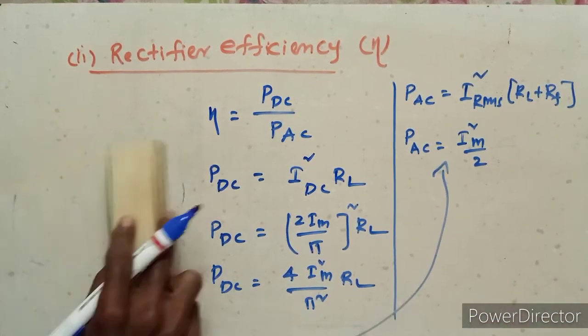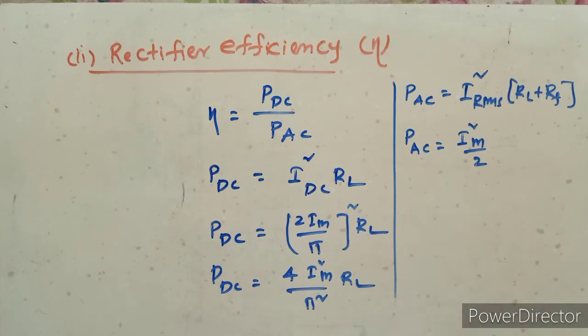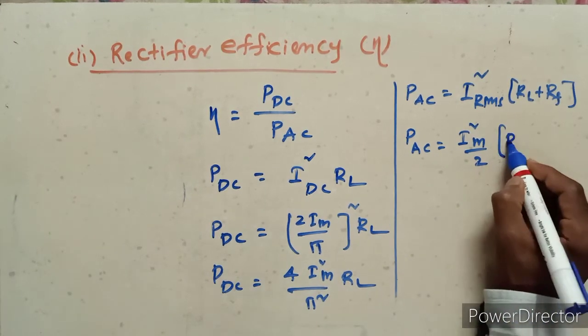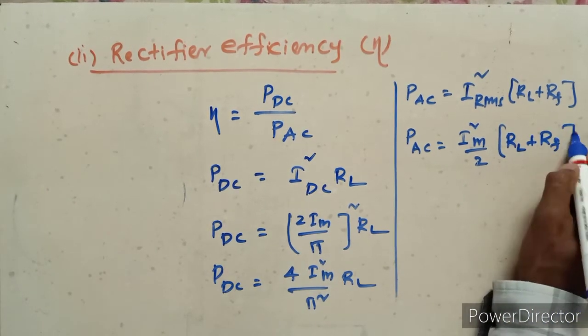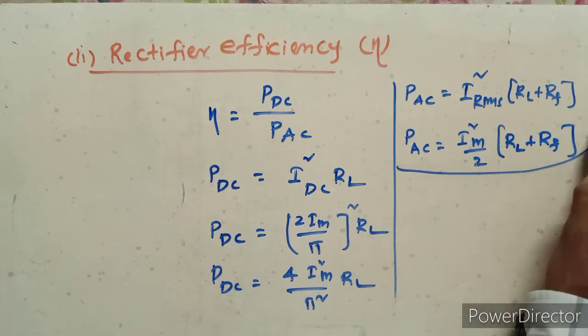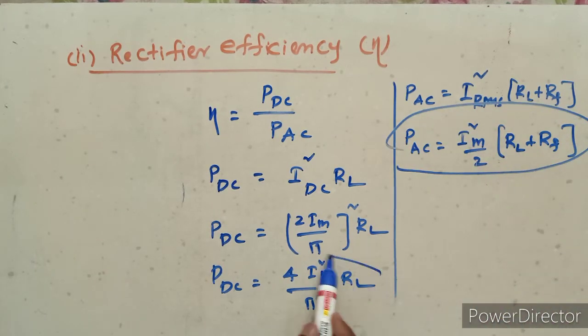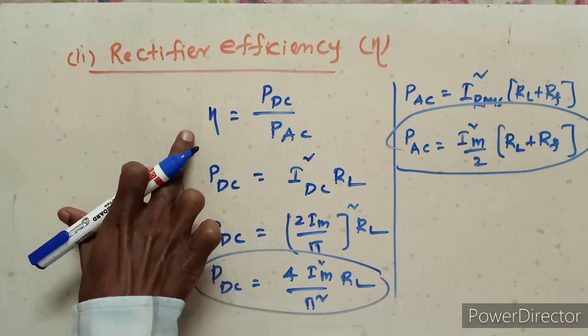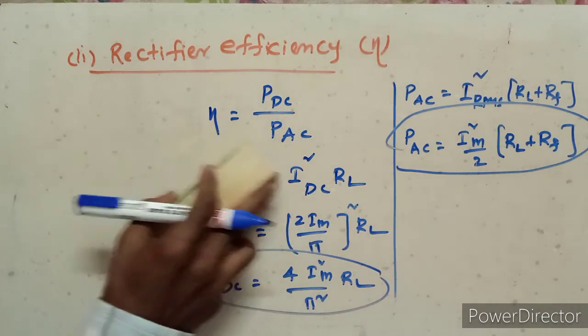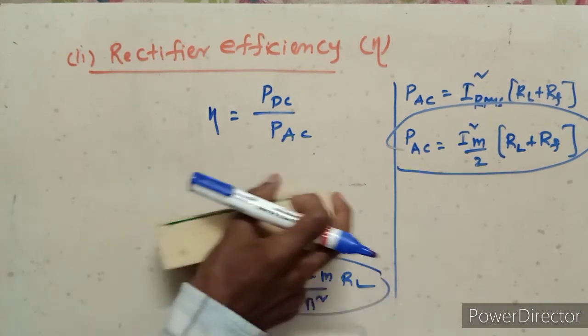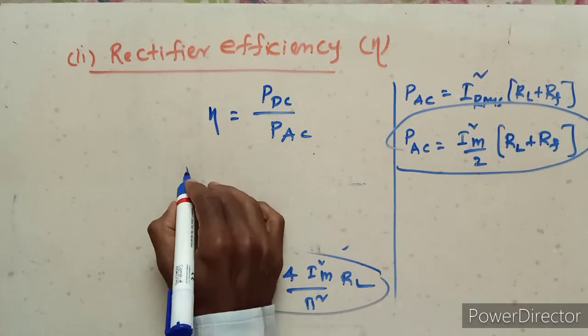From these equations, next we have (RL plus RF). This is the input power, and this is the output power, so this is the ratio. Then these two equations are substituted in this equation. Eta equals